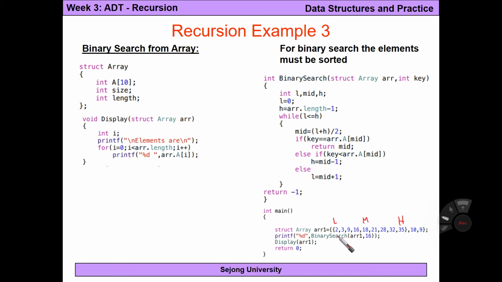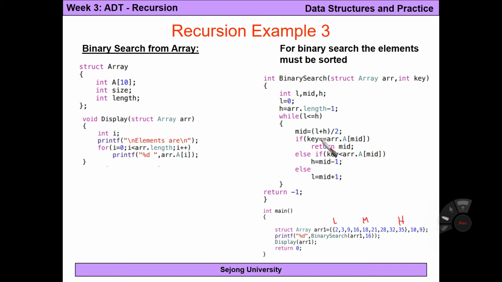So it will be 4, 0, 1, 2, 3, and 4. Firstly, we will check our value, that is, the value we want to search. We will compare it with the mid value. Either the mid value is our key value that we are searching for, and if it is equal, our mid value is equal to the search value,